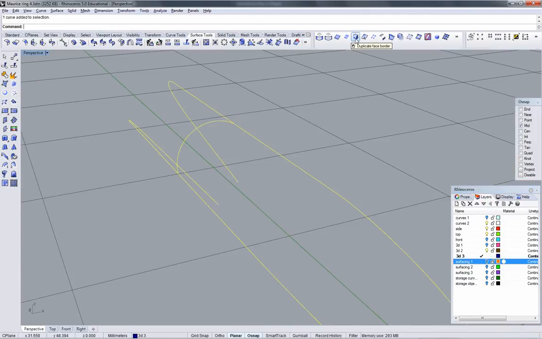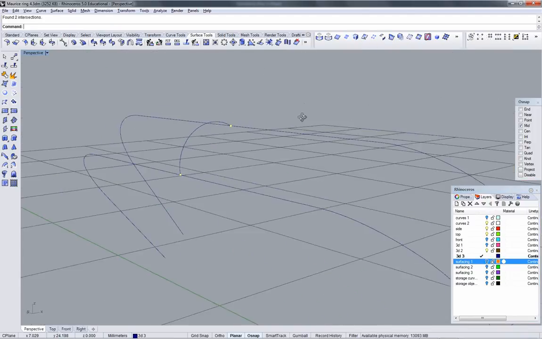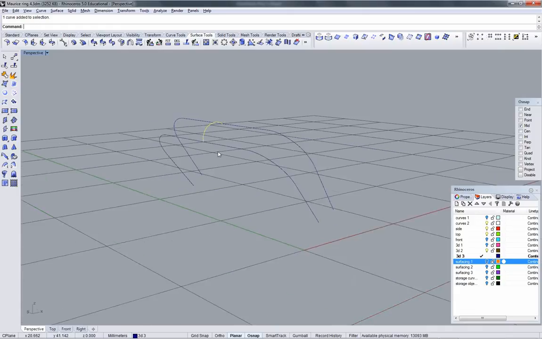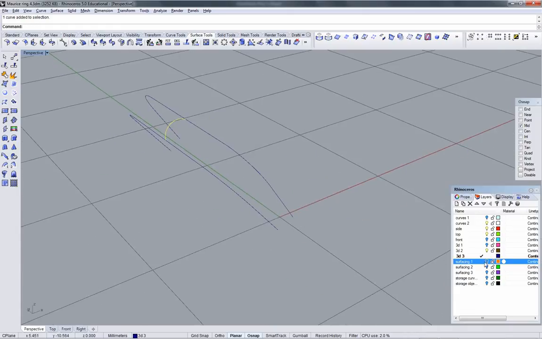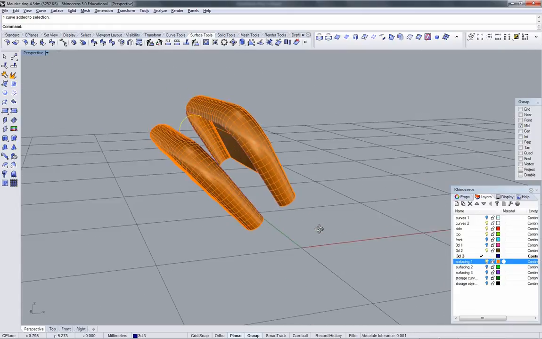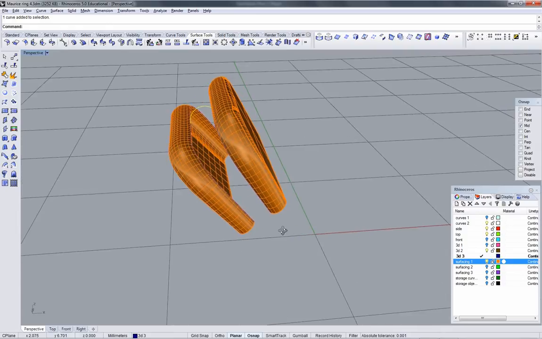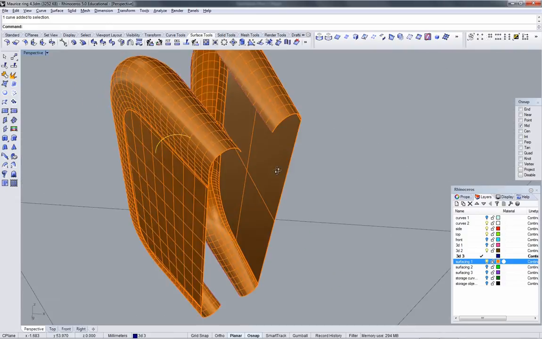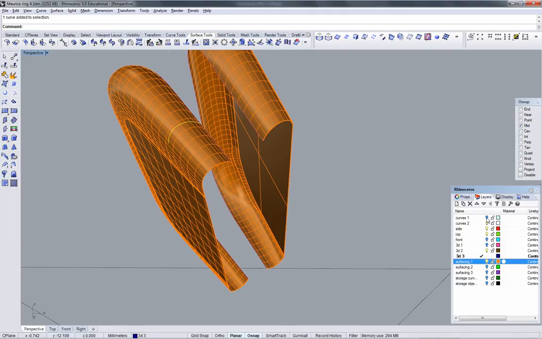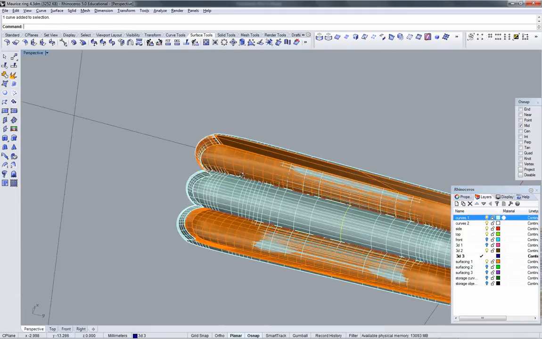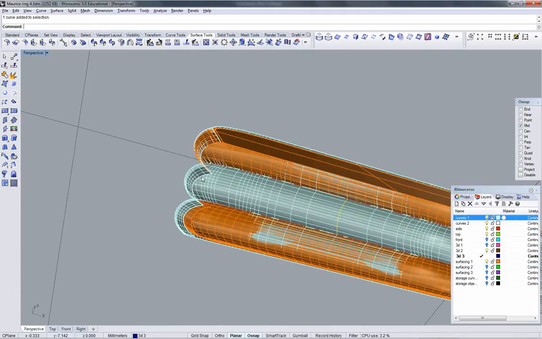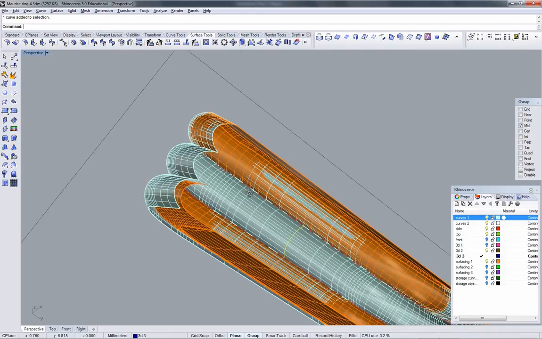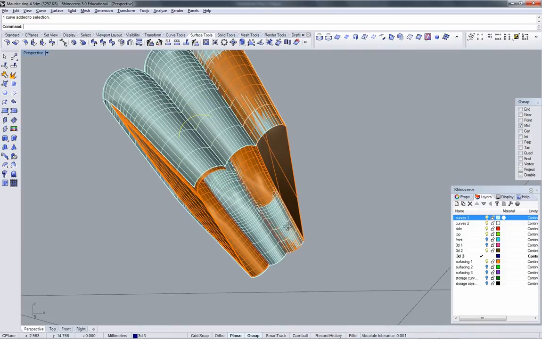Check if these intersect the way I hope they will. Good. That section is useful. That's what I was hoping for. Now I'm going to do the end sections, and they're going to be a little more difficult to do because we've non-uniform scaled and done some other things that are going to make this section no longer viable. So